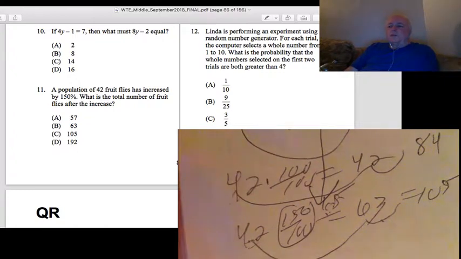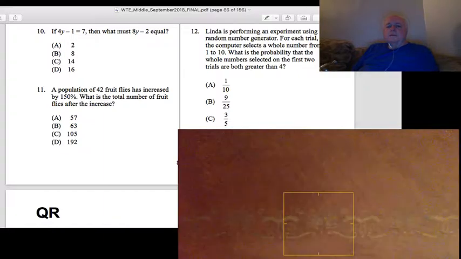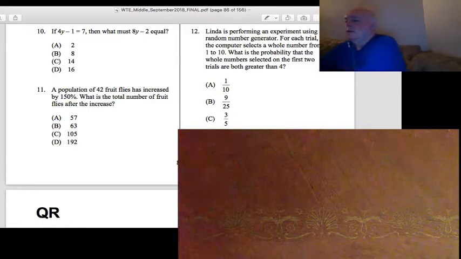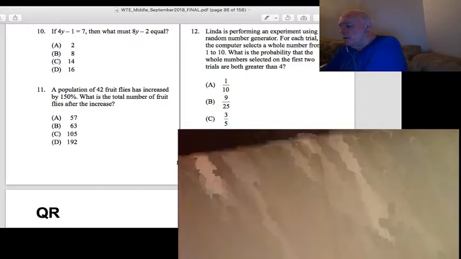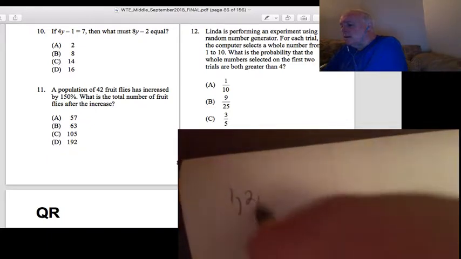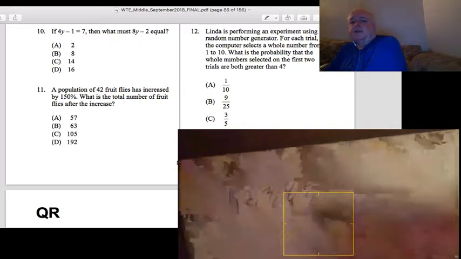Linda's performing an experiment using a random number generator. For each trial, the computer selects a whole number from 1 to 10. What is the probability that the whole number selected on the first 2 trials are both greater than 4? So if we have 1, 2, 3, 4, 5, 6, 7, 8, 9, 10, and it's saying that,